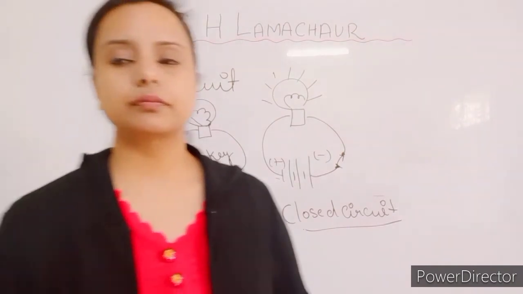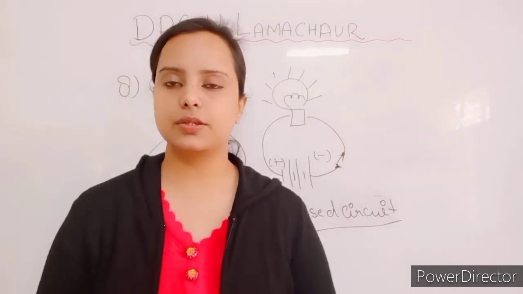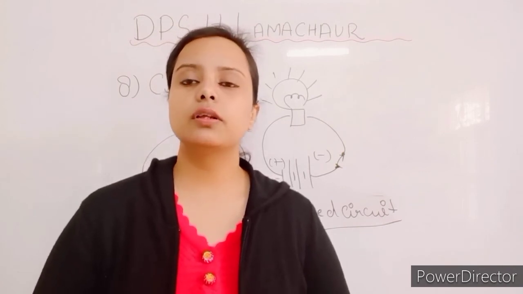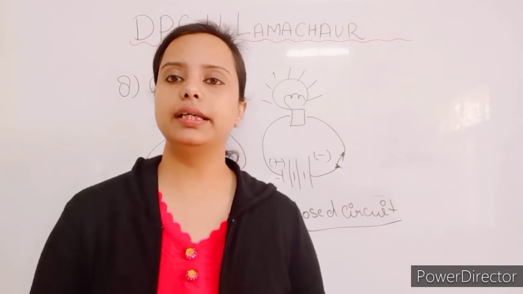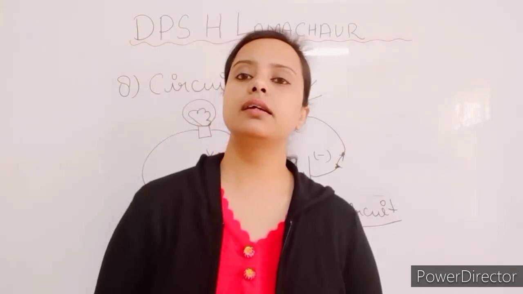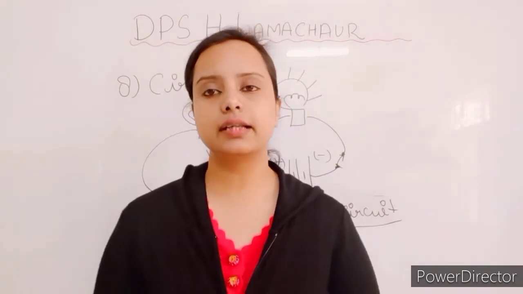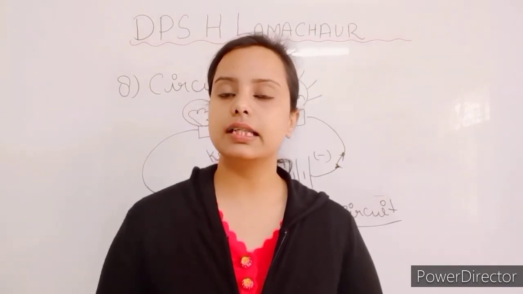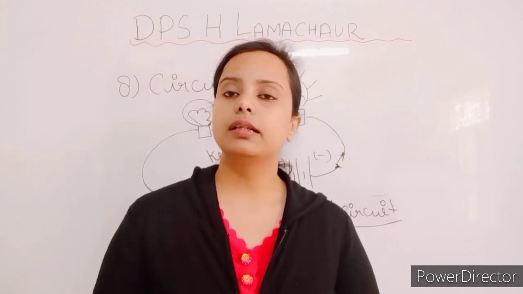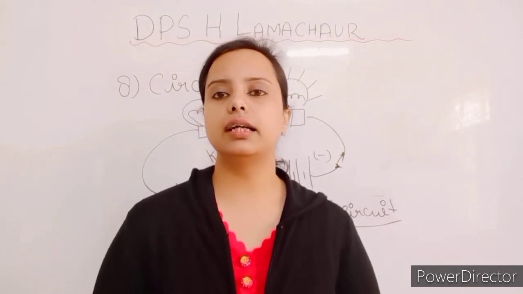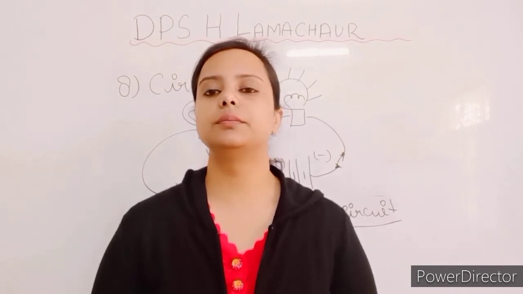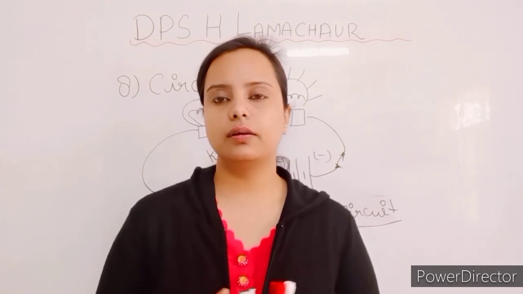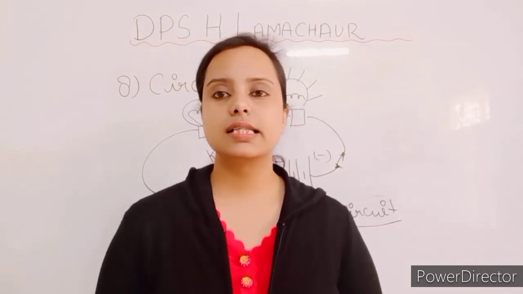So students, now what is a conductor and insulator? Conductors are any material which allow the flow of electric current or heat. Okay, जिसमें से electric current easily pass हो जाता है, that is known as a conductor. For example, any metal like we can say aluminium or iron. Okay, those are good conductors. And the silver foil, generally when we make any small circuit or any project we use silver foil.